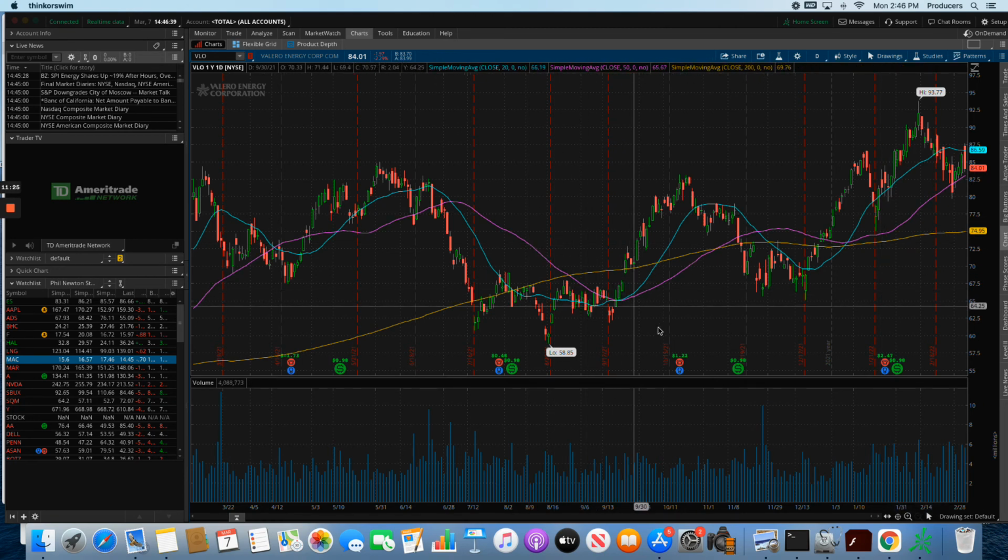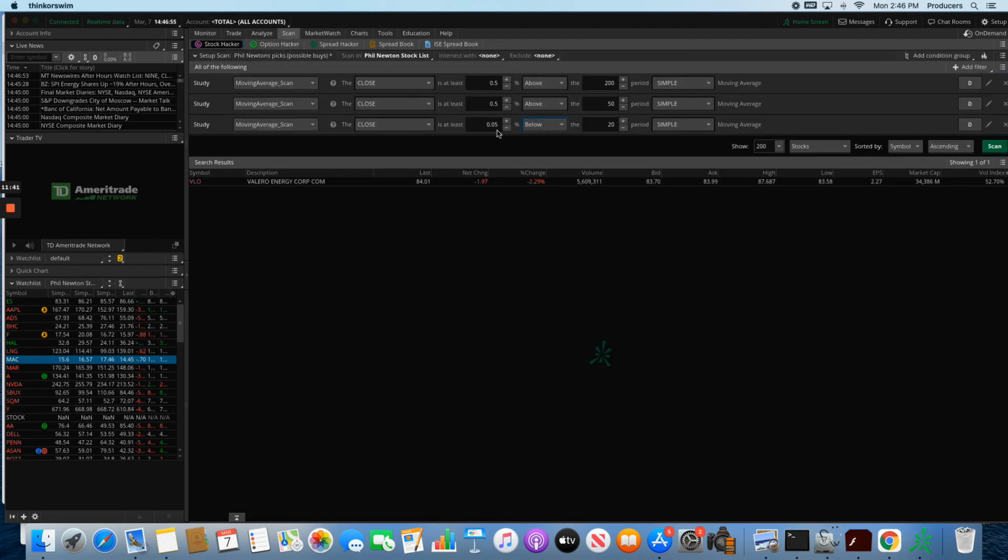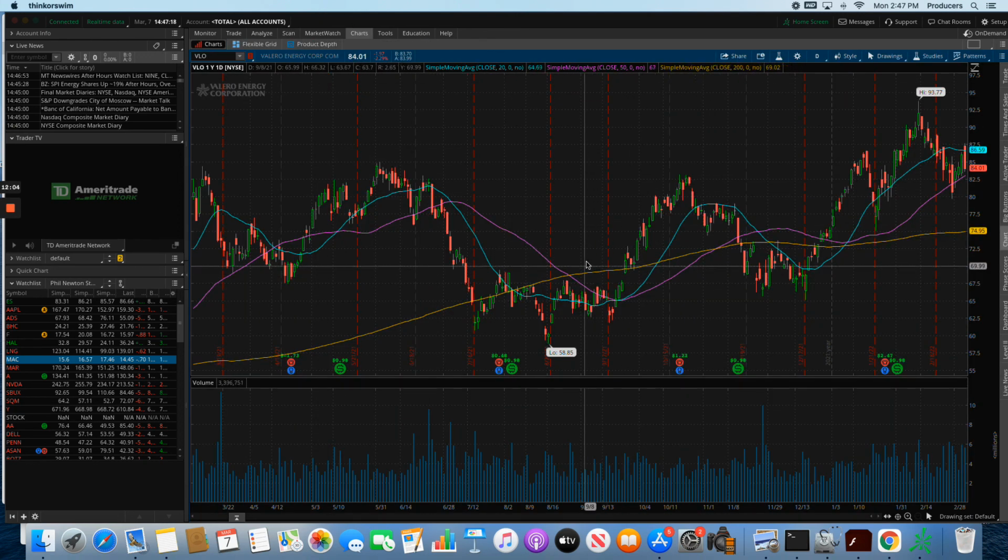Once again, just a recap. First, you come to the charts and add the lines. Once you add the lines, come over here and upload Phil's stock picks. Label that. You can add in the columns if you want. Then come over to the scan and add the scan. You're going to add the 200, the 50, and the 20, and this is particularly for stuff that qualifies as possible buys. This was one. Then once you get that, go over to the chart, have a look at it, and see where it's at,